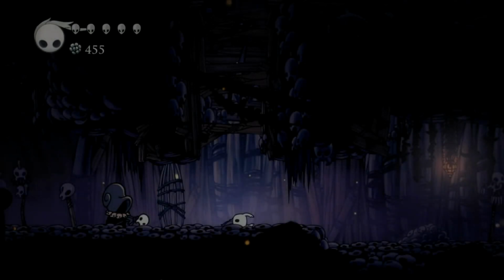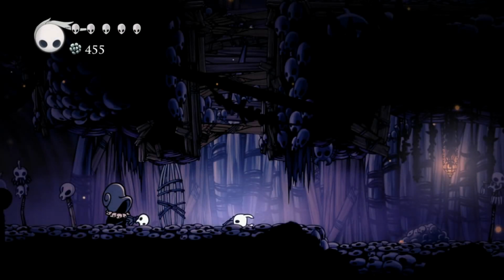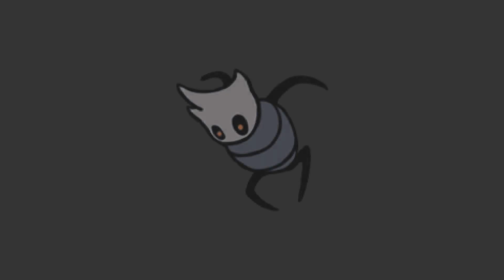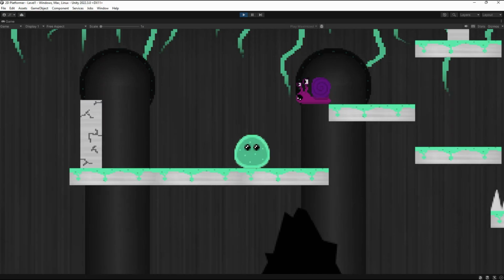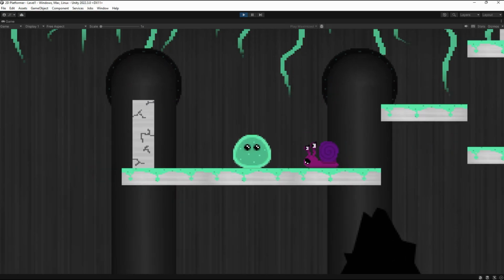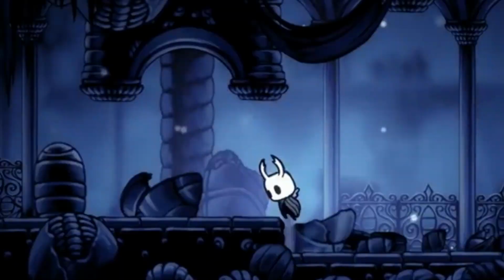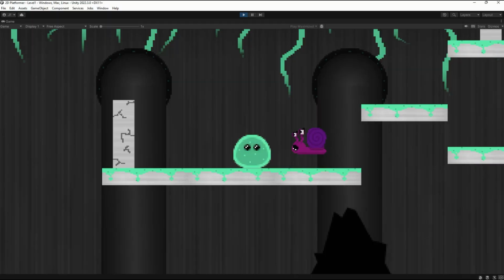So, welcome back to our 2D platformer series, and on this sunny day, I'd like to take a look at how to create enemies for our 2D platformer, which will spot you if you come too close to them, then eventually start to chase you, and, as you know it from other games like Hollow Knight, perform a simple jump